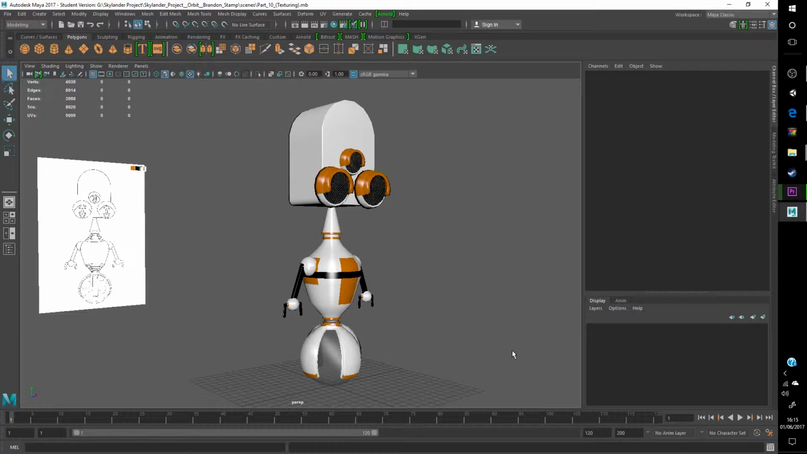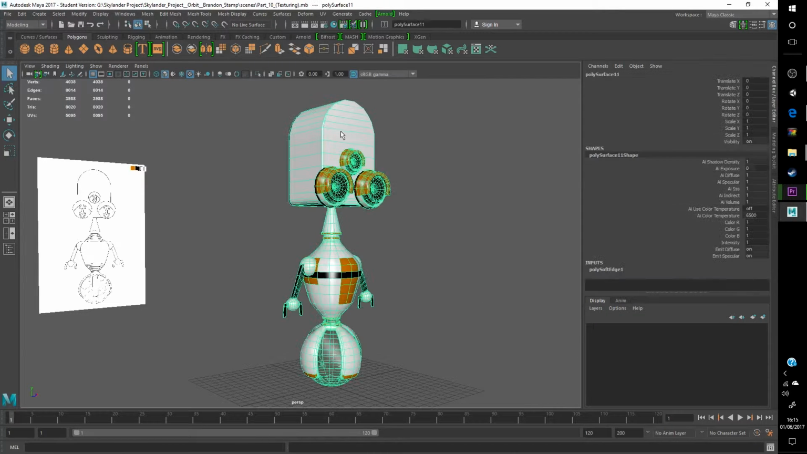And there we have it. So that's all the modelling done, the UVing done, and the texturing done. All there is left to do is to put it over into SketchFab and utilise their rendering system. So to get it over to SketchFab, first thing you want to do is select your model